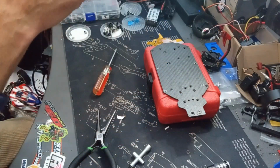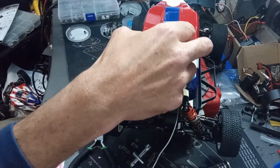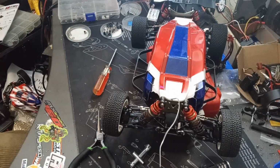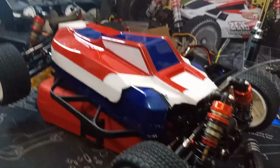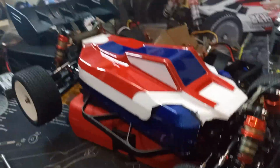But so far, I think she looks good. That looks pretty good. So when I come back, I'll have stickers on her and windows taken out and holes put in, and